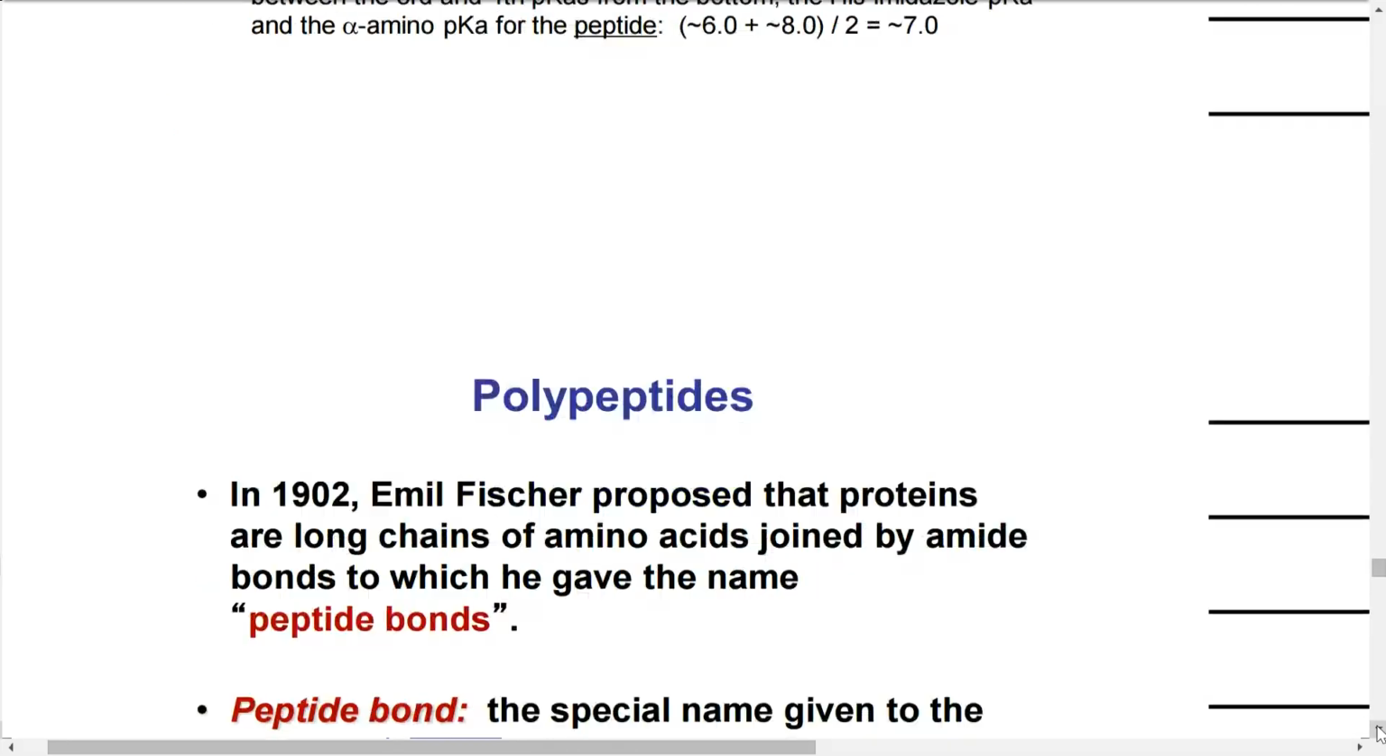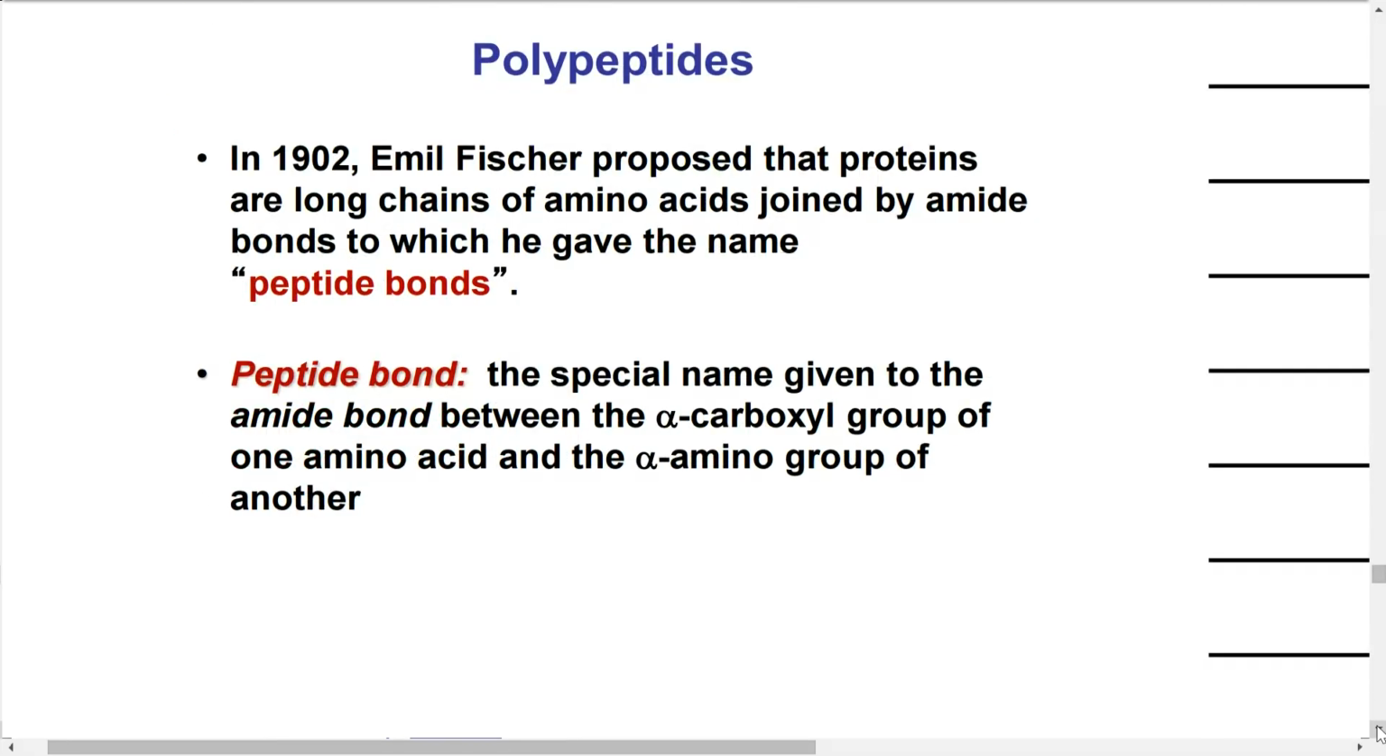All right, so peptides are interesting. Amino acids are interesting. But what we really care about is how to use them to build peptides, polypeptides, and then the functional units that we know as proteins. That's where the real action is. Emil Fischer, who we can thank for Fischer diagrams, proposed that they're made of long chains of amino acids joined